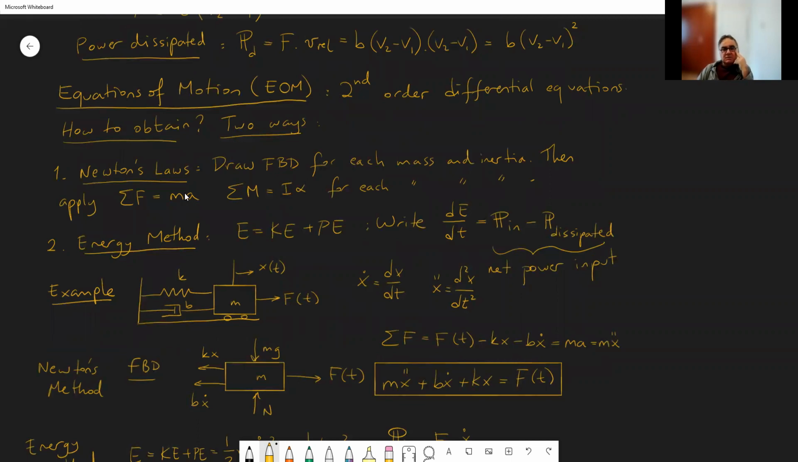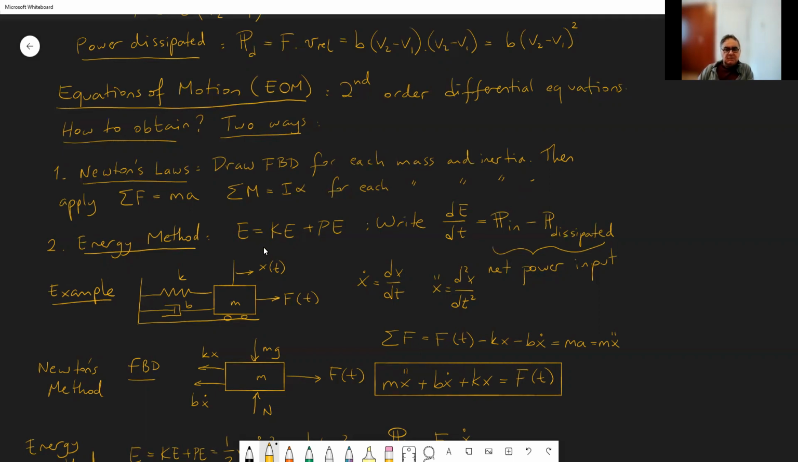For vibrations, we have two basic methods. One is Newton's laws. You just write sigma F equals ma, sigma M equals I alpha for each mass and inertia, from which you get the differential equation. Or